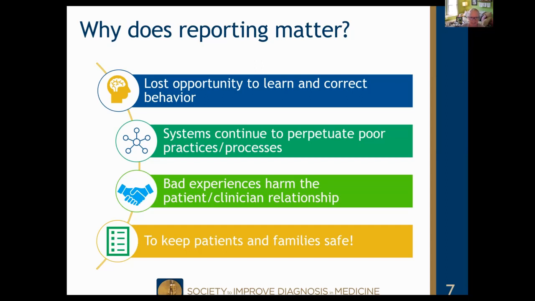And then the bottom line is, this is just one way to keep patients and families safe. It's sort of a head scratcher that we haven't been doing this already, but this more systematic, formulaic way to describe error and really document them, we hope will lead us down a better path. So at this point, I'm going to hand it over to Jerry Castro, our Director of Quality Improvement, to talk more specifically about what this all means and how this process will work.